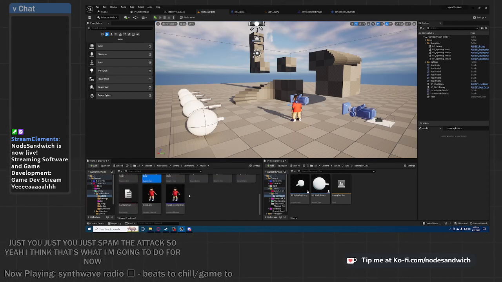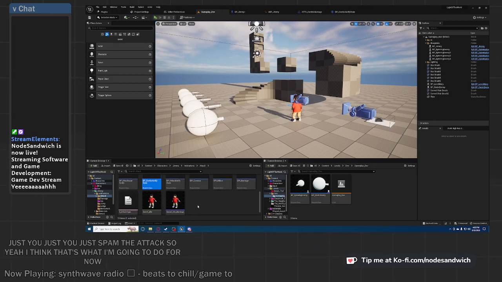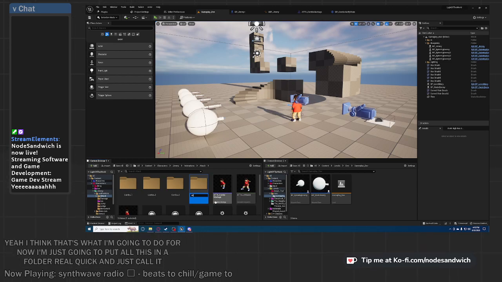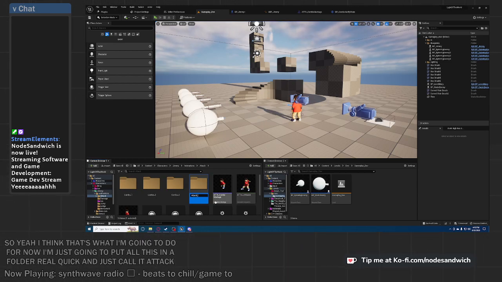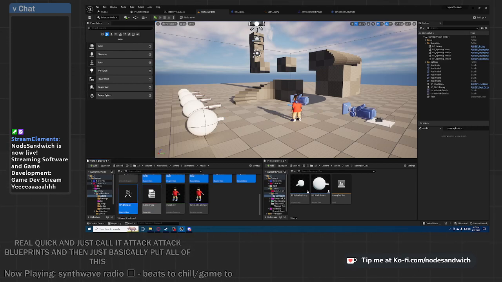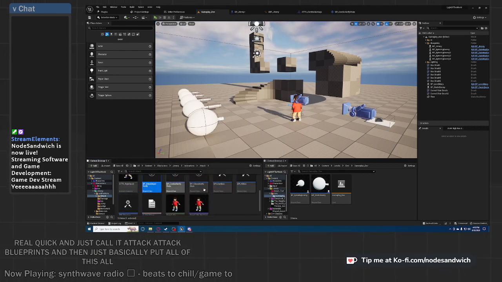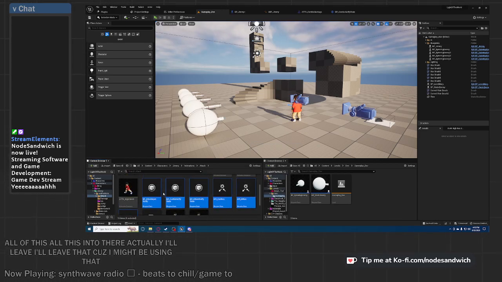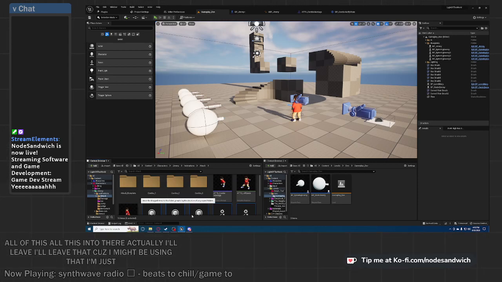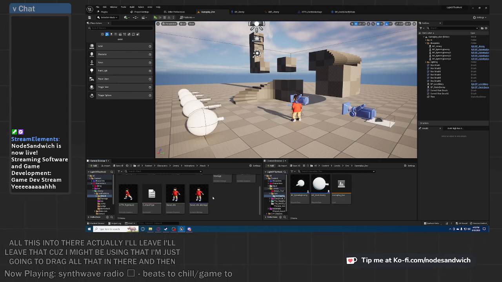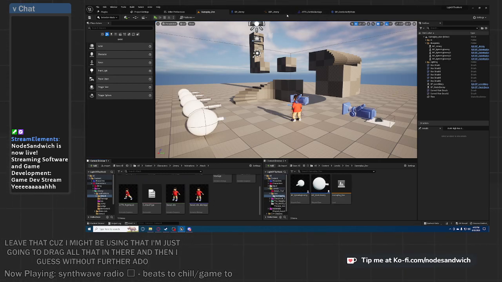For now, I'm just gonna put all this in a folder real quick and call it attack blueprints, and then put all this into there. Actually, I'll leave that, because I might be using that. I'm just gonna drag all that in there. And then, I guess without further ado,